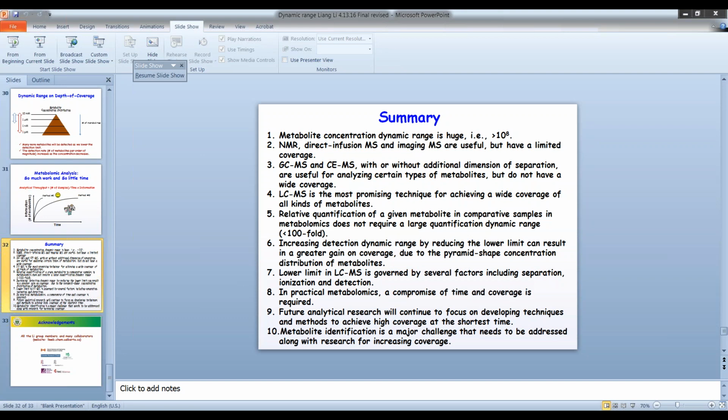So fractionation does give us more coverage, and if we want more coverage, then right now that's the way to do it. Or maybe in the future there may be online ways or multi-dimensional LC methods that don't use ion exchange, but maybe some type of HILIC and reverse phase separations. And I'm looking forward to some of that technology coming online.